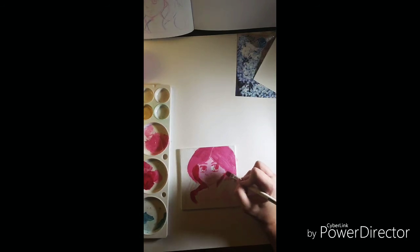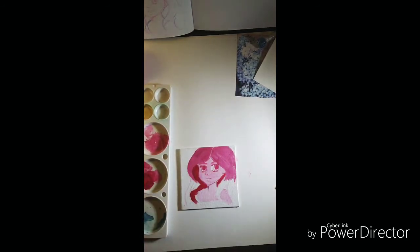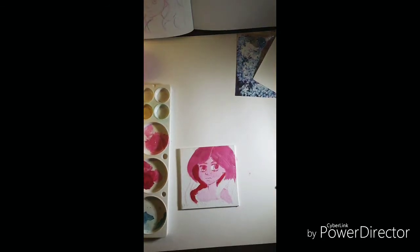I should be able to fix it though. I don't know what came over me, but all of a sudden I wanted to draw. And so I started drawing, and I had been watching a lot of Disney movies. And so I took out my coloring book and I set it next to me. And all I had